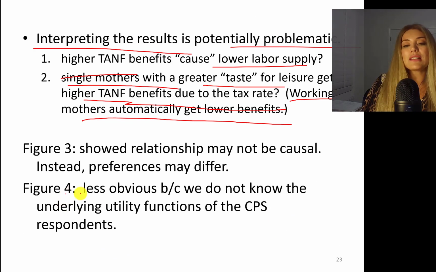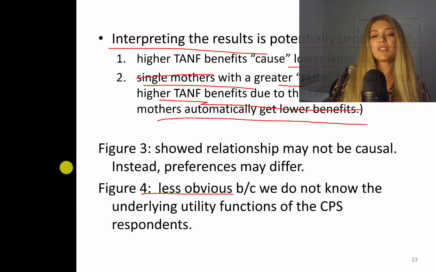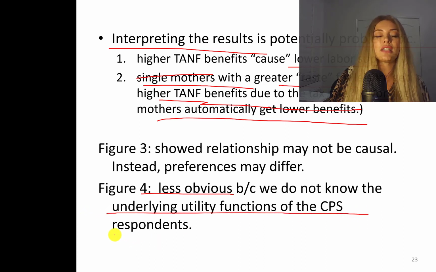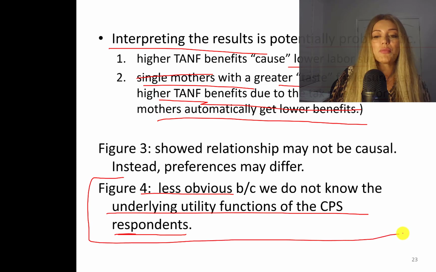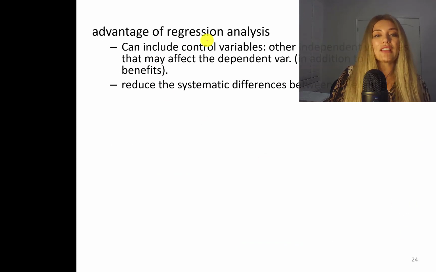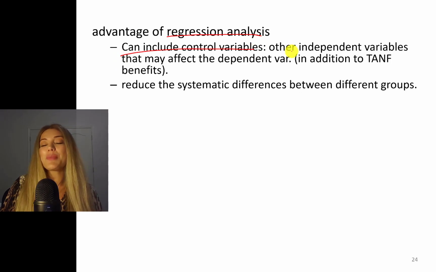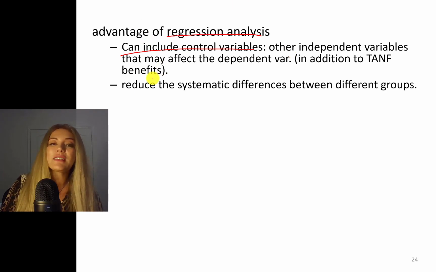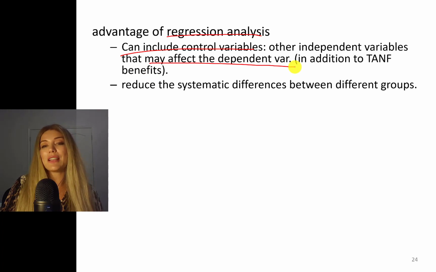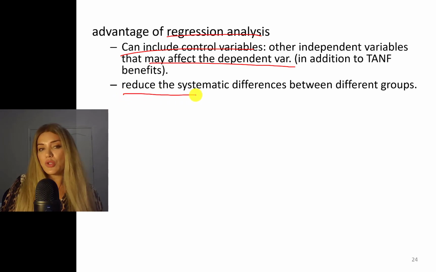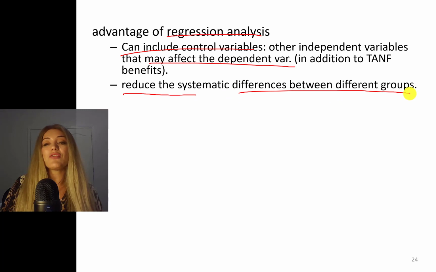In figure 4, it's less obvious, because we don't know the underlying utility functions of the CPS respondents. So, the advantage of regression analysis is that you can include control variables, other independent variables. It could be labor market income. It could be number of kids, which may affect the dependent variable, my labor supply, in addition to TANF benefits. You can for sure reduce the systematic differences between different groups using regression analysis,